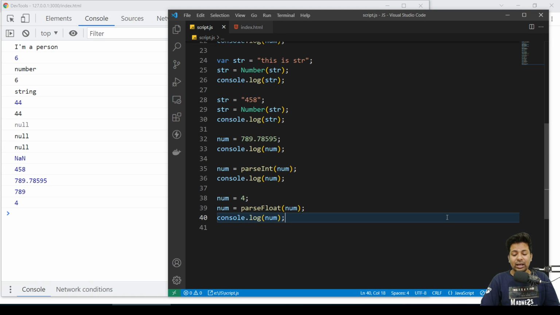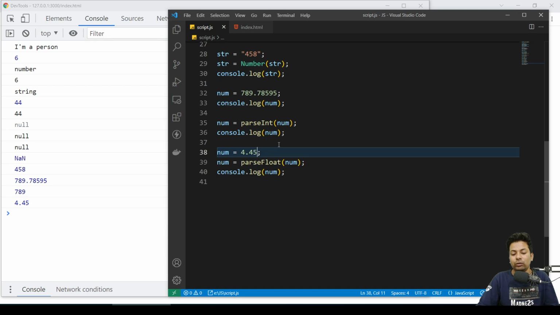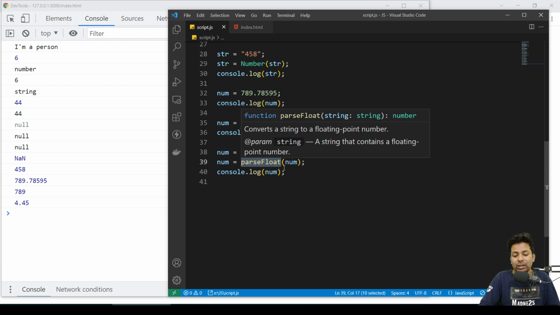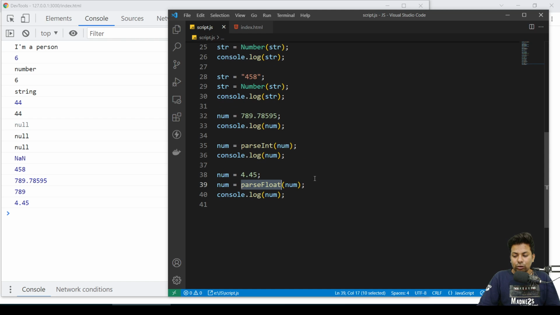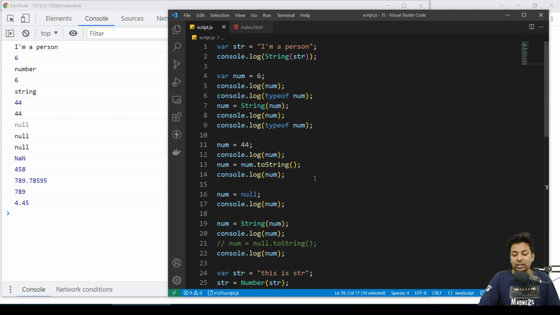You might say I can't see any difference, whether you print it directly or use parseFloat. But using parseFloat gives you a confirmation that the float value will not be missed out, we will take the float value. When you write bigger programs, there are some steps where you have to take care that there should be a float value, so you can use parseFloat. But other than that, it's normal, nothing special. But if the float value is very useful for you and you don't want to miss it out, just use parseFloat. So this was all about type conversion in JavaScript.